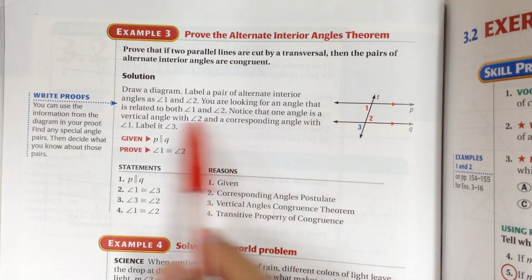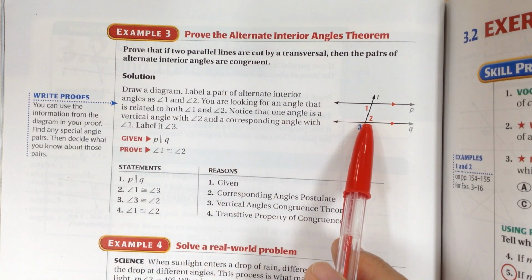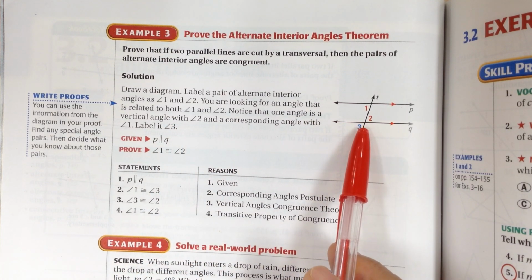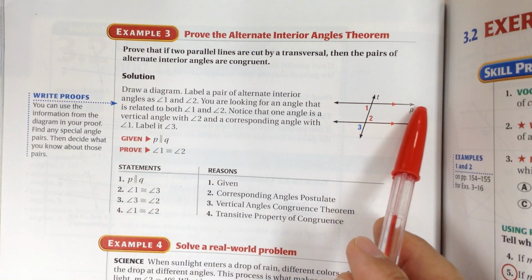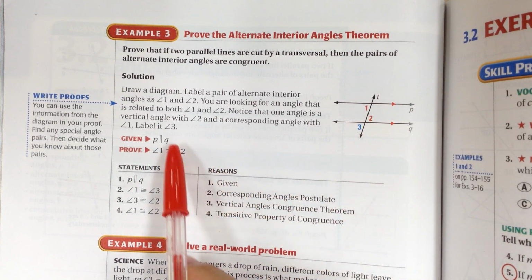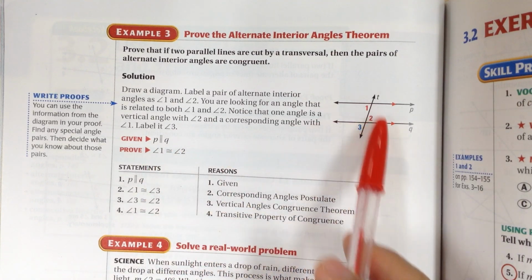Notice one angle is a vertical angle with angle 2, and that's angle 3. So label angle 3. Given that P is parallel to Q,